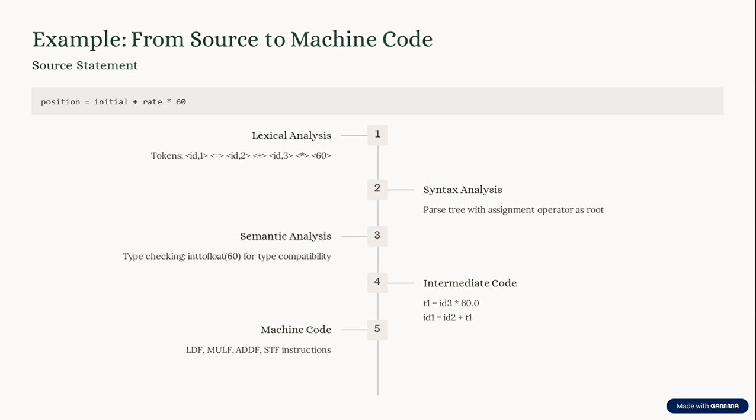Then the syntax analysis phase checks whether the program follows the grammar rules of the language. It creates a parse tree and identifies the syntax errors. And the semantic analysis phase performs type checking and ensures that the variables are correctly used. The intermediate code generation phase helps to develop machine-independent code and helps in easy optimization. The code optimization phase